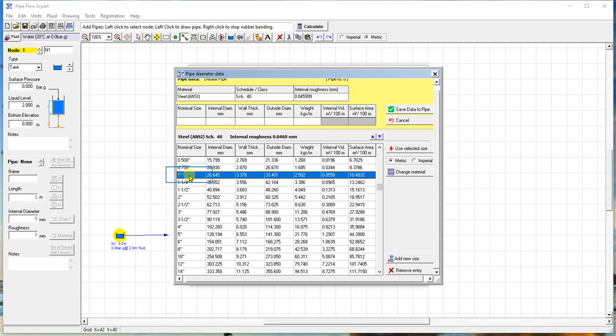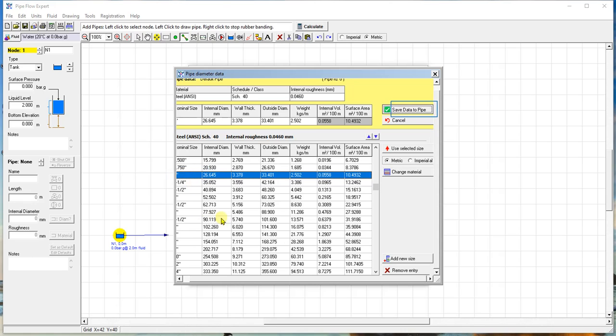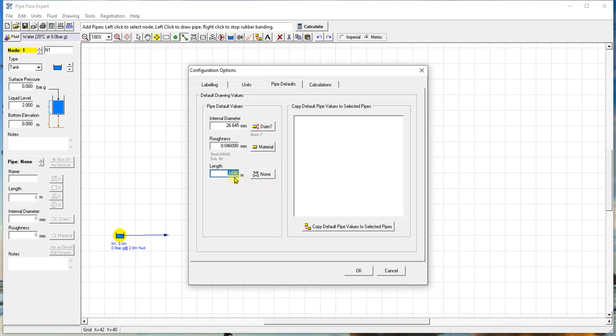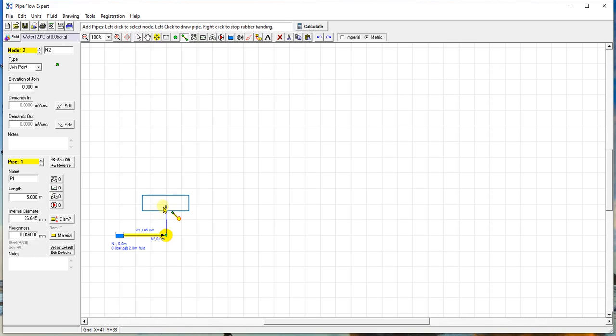I'll select 1 inch. I will say save data to pipe. Then the length should be 5 meters, so 5.000 meters is what we're going to be using. I'll click enter. Now the next one is the second pipe, the third pipe, the fourth pipe,